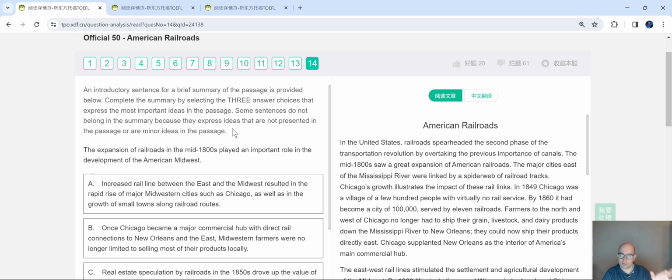And we'll get into that in just a moment. Like, what is a main idea? How can we differentiate this from a minor idea? We'll get into that in just a few minutes. Now, another thing I should point out is